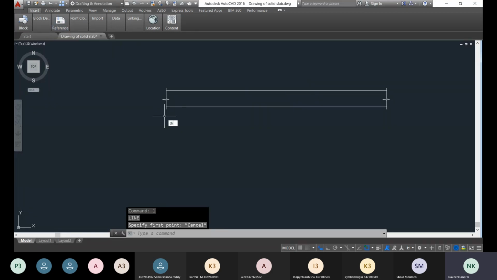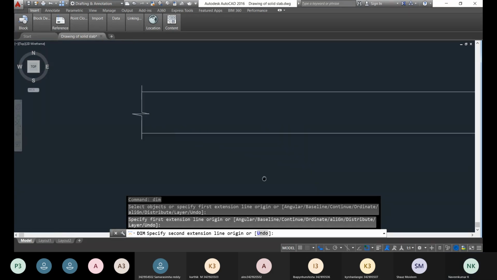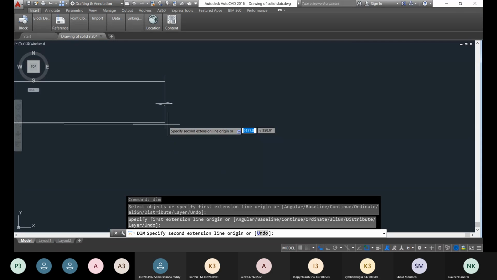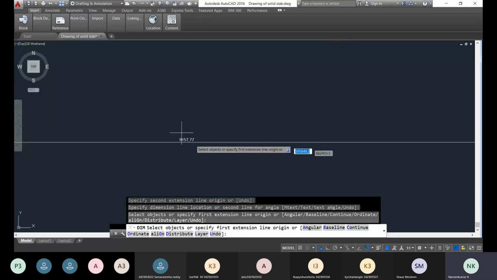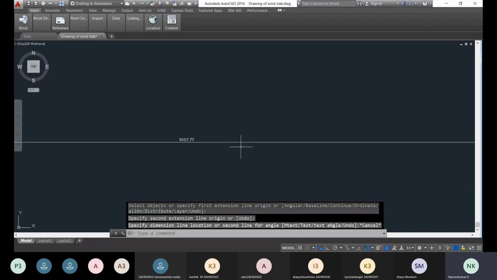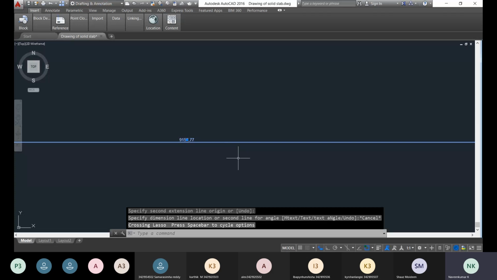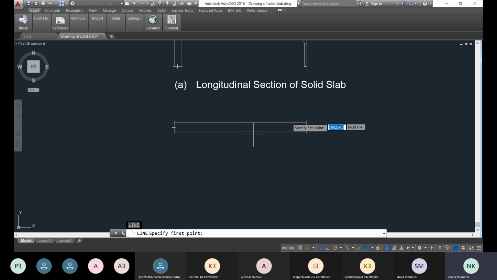Dimension, you just select the object. What is the dimension here? It is actually near 9157 millimeters. This is the length of this particular slab, so that you identify the midspan here. This is the midspan.